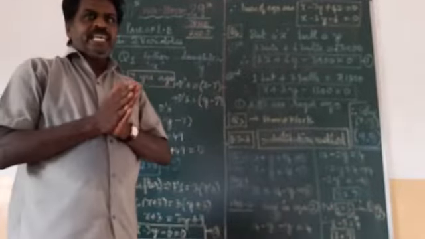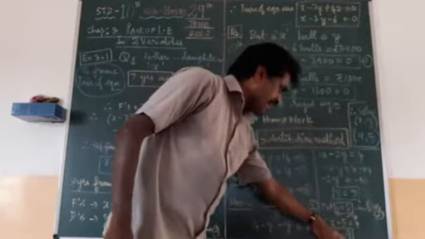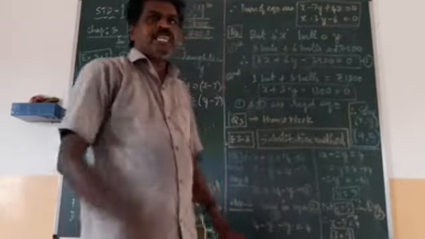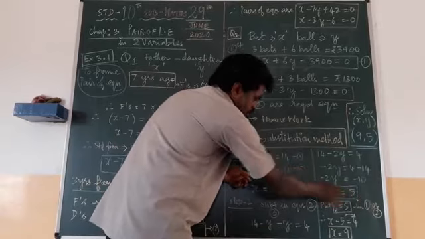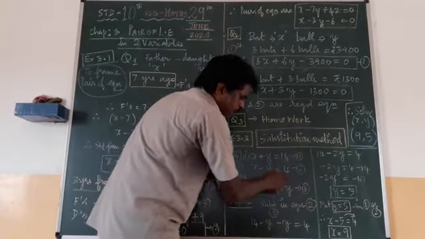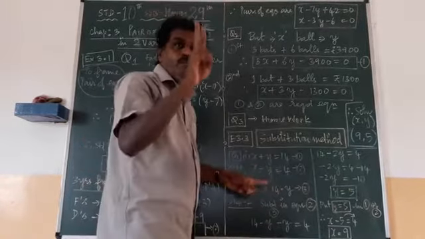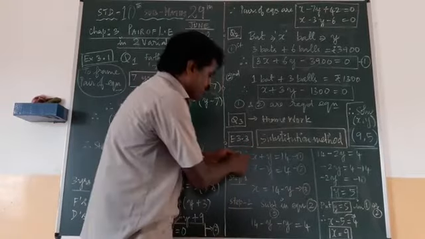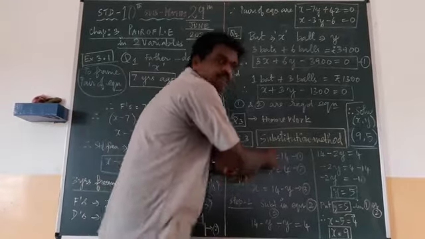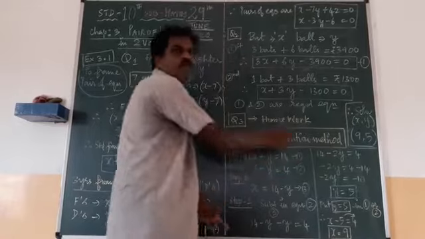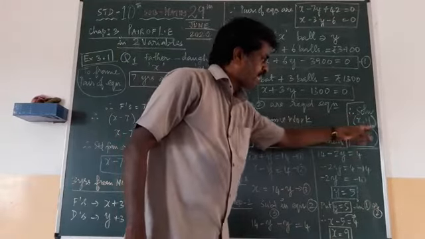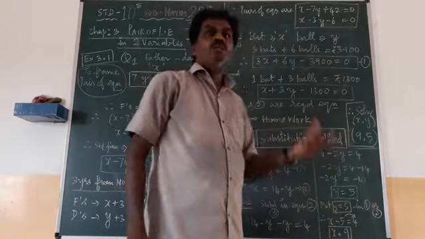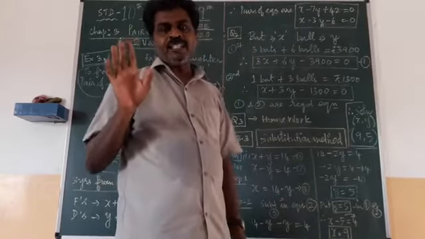If you want to check it, substitute this 9 and 5 in any one of the equations. Let us see. x equal to 9, y equal to 5. 9 minus 5, how much are you getting? 4. Both the equations should satisfy. Here also you see, 9 plus 5, 14. Understood? This solution you are getting, x and y, 9 and 5, should satisfy both the equations.